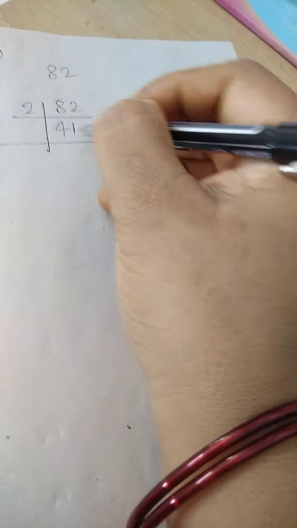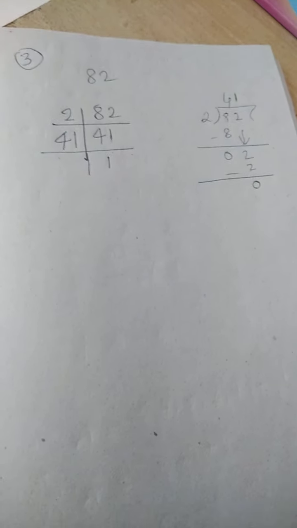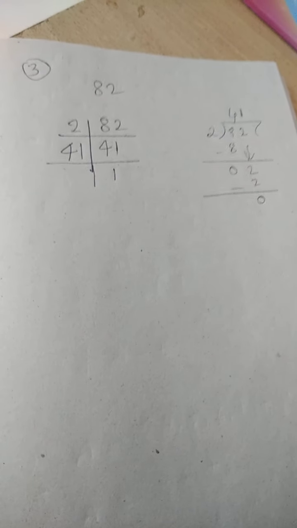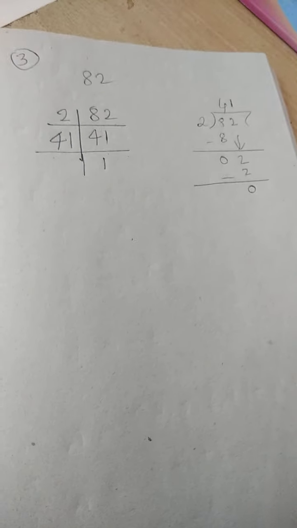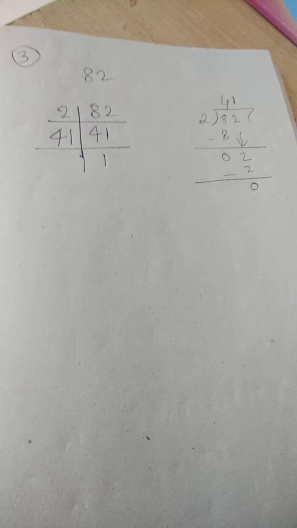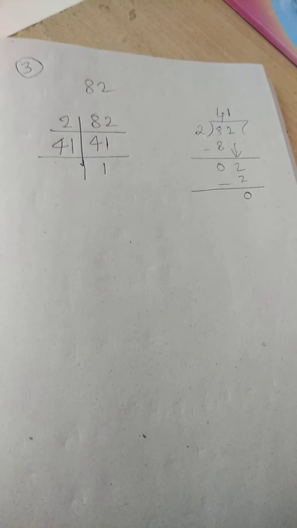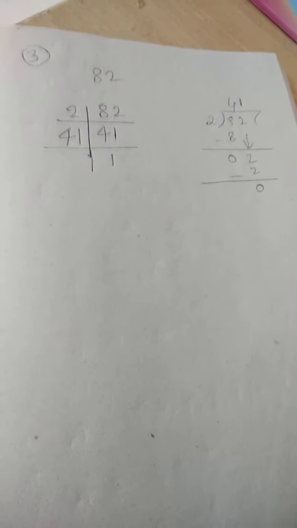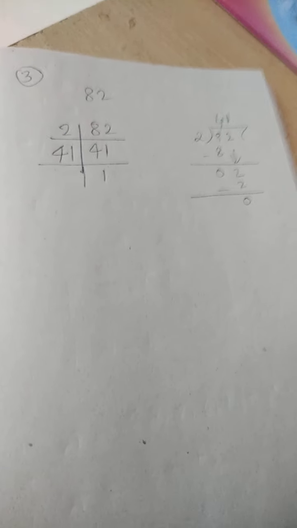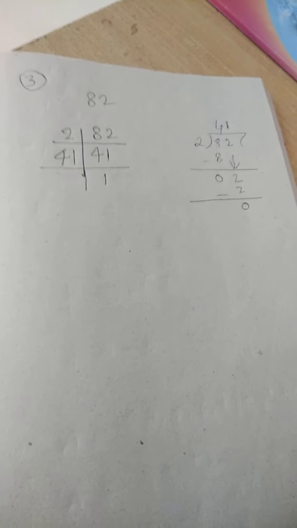Now we have got 41, and 41 is a prime number. That's why 41 ones are 41, because 41 does not have more than two factors. It has its own number as a factor, and 1. It has only two factors, 1 and itself. 41 comes in one's table as well as in 41's table, but 41 is not there in any other table. It does not have more than two factors. Okay, 41 is a prime number.